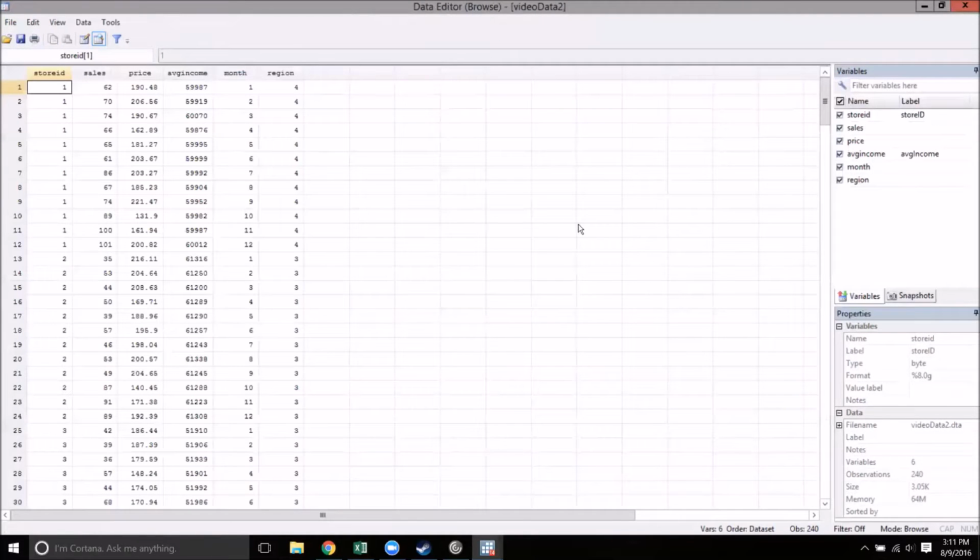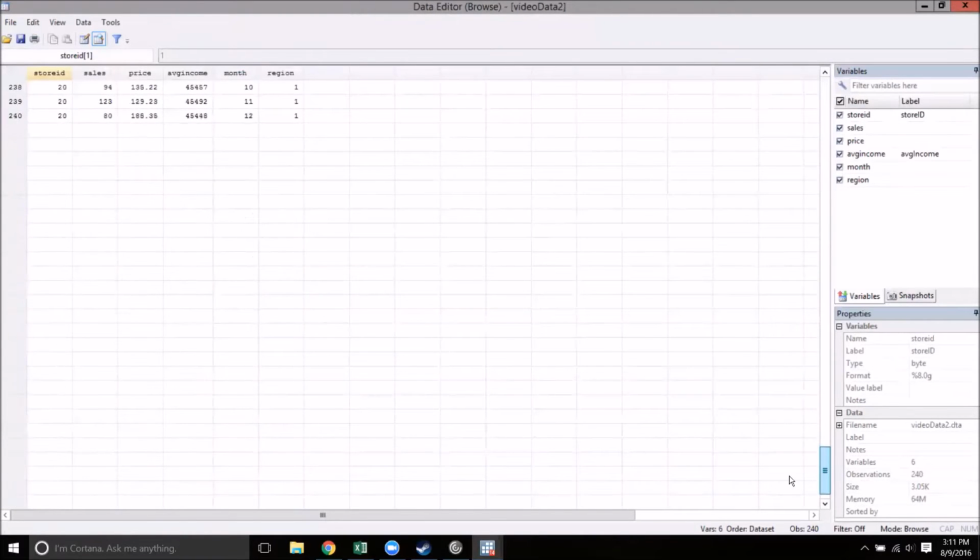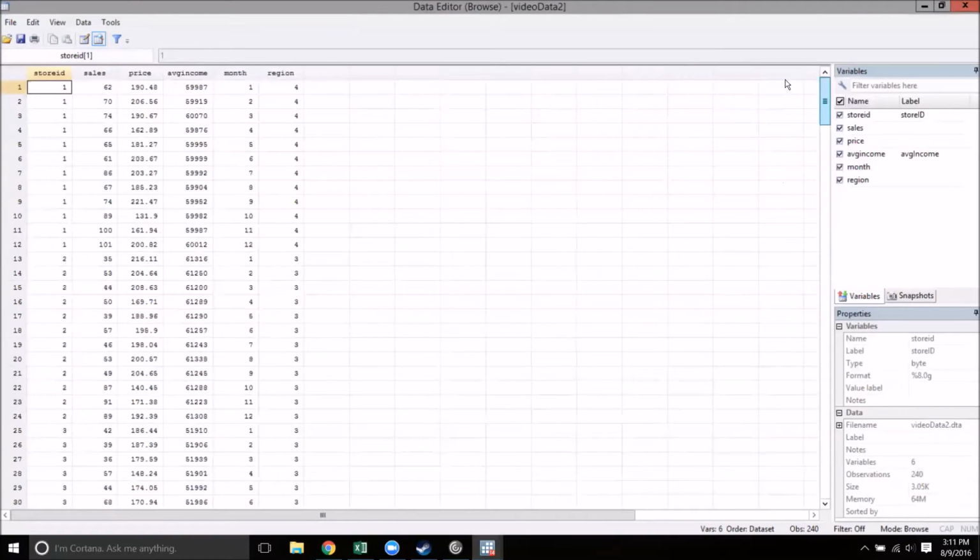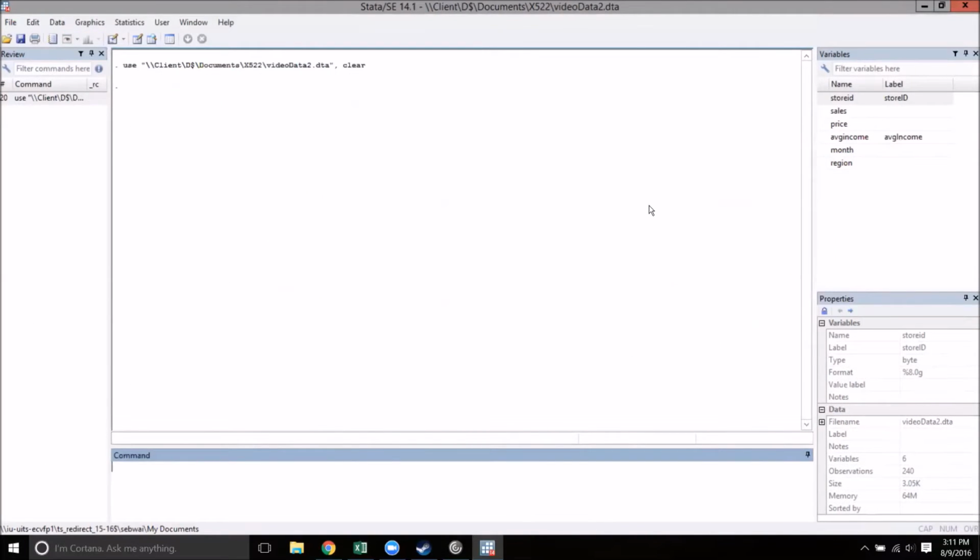I've loaded up the data set from this week's slides of the toy store data set with the prices and sales figures for 20 different store locations across 5 different regions and 12 months of the year. First, we're going to see how to use collapse to calculate the mean sales and prices across the entire year for each store. To do that, we'll type in collapse, and then the next thing you do is type in